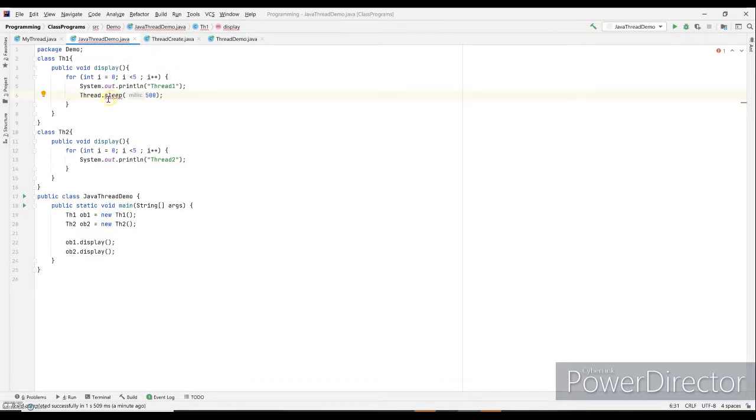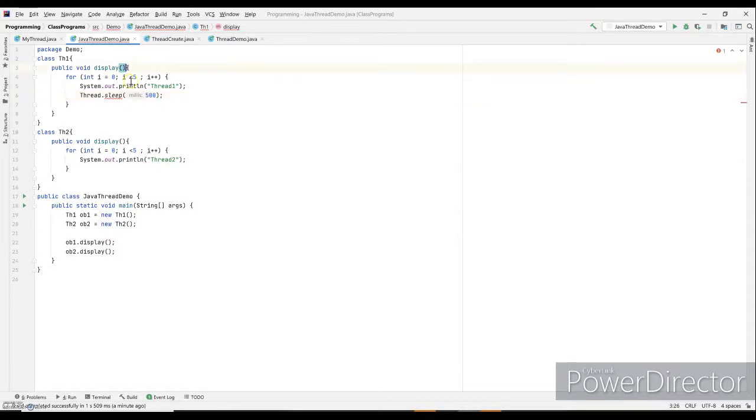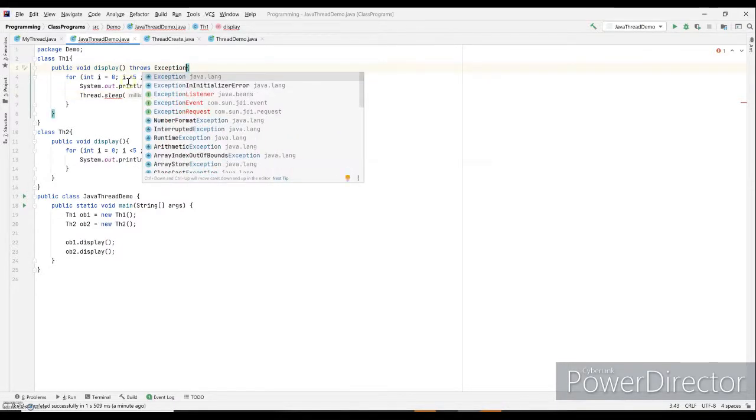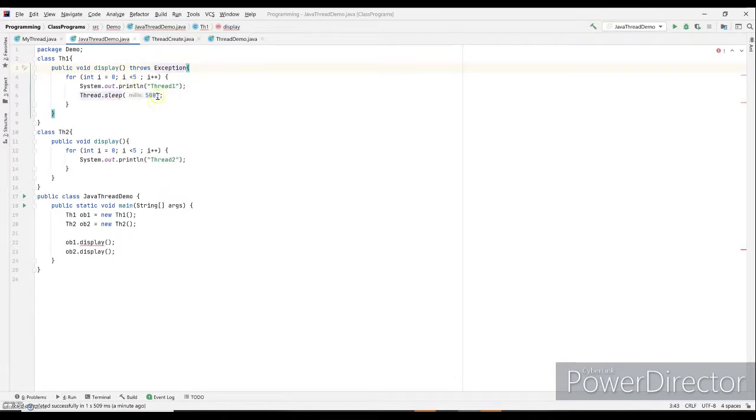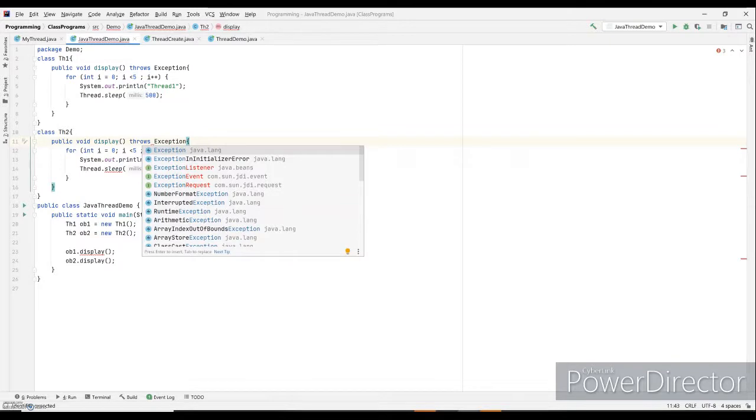Here again I am getting an error due to an unhandled exception. So in order to handle this, I'll write throws Exception in front of my function, and the error disappears. Same thing I would do for the second class, and this would be throws Exception.